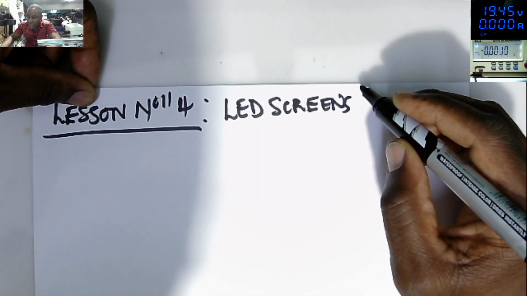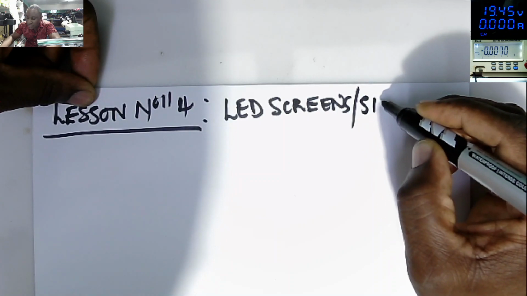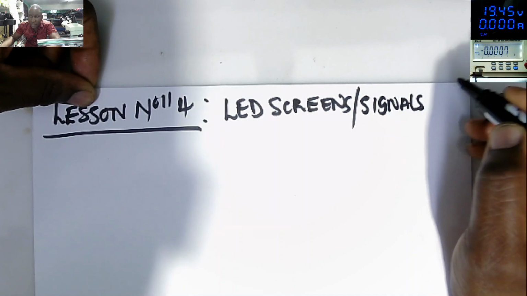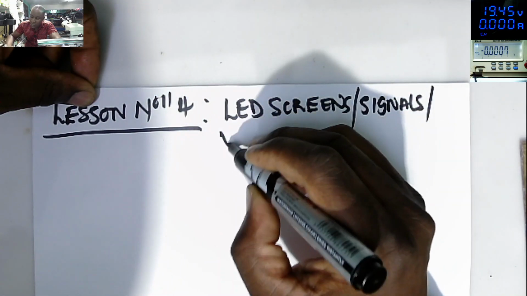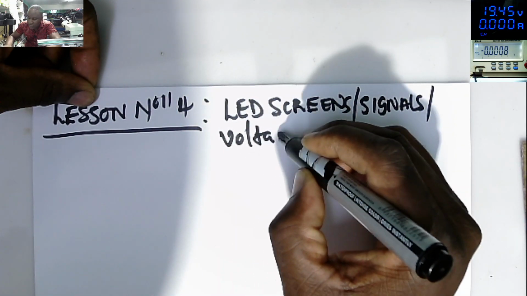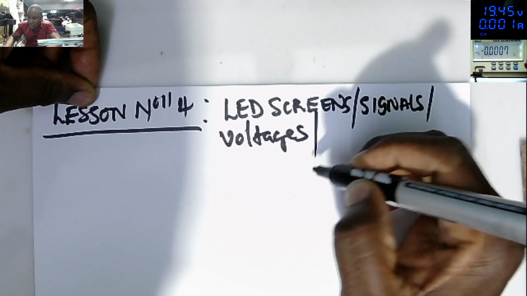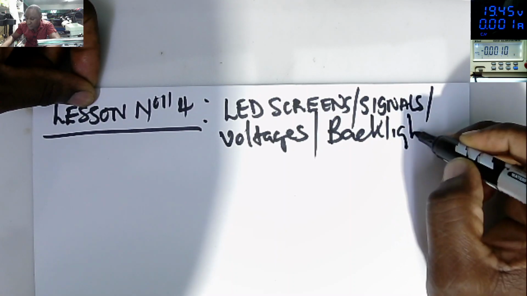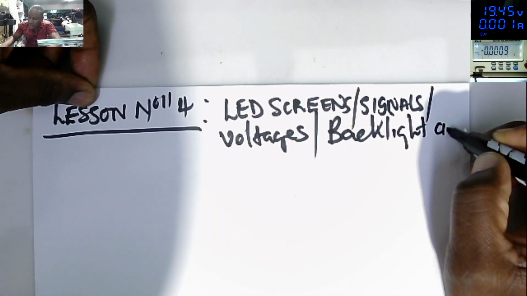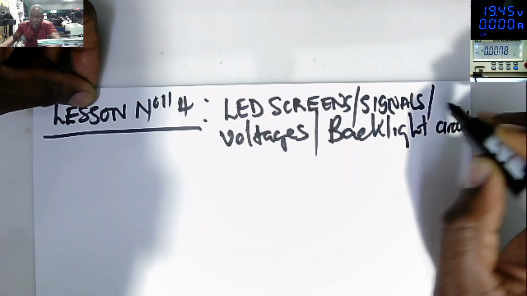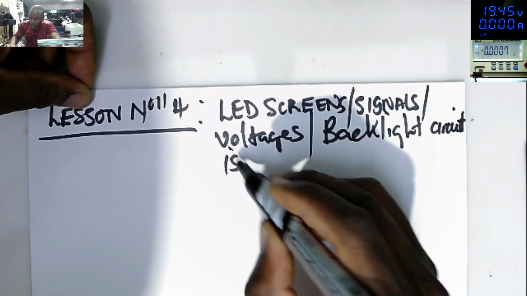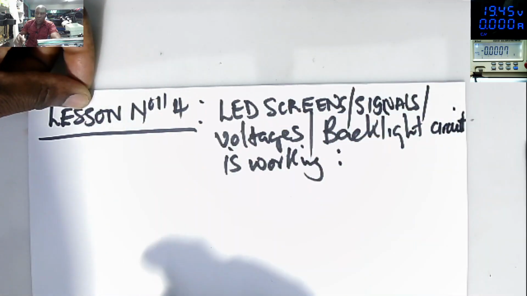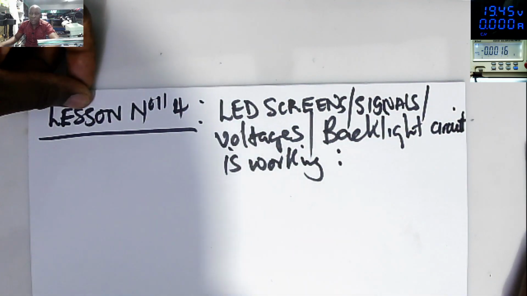We shall explain about signals which are important, some voltages, and how the backlight circuit is working. So that's what we have to explain